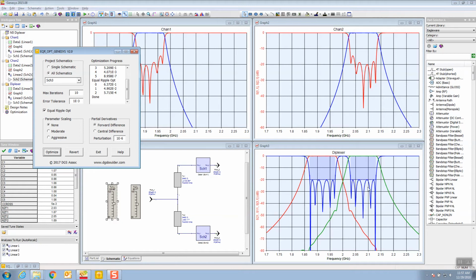And we're back to perfectly equal ripple here. And we've increased our rejection here a little bit,